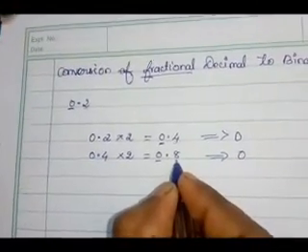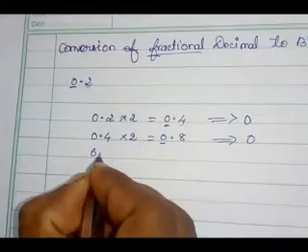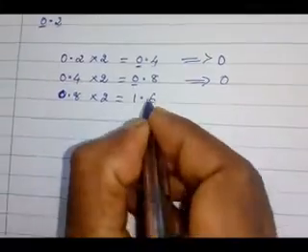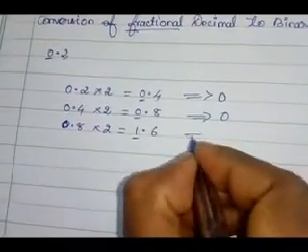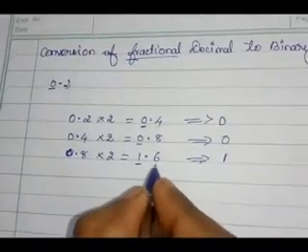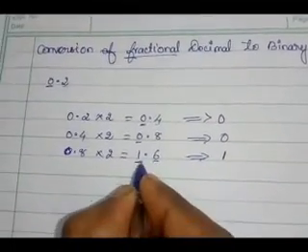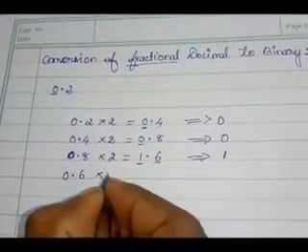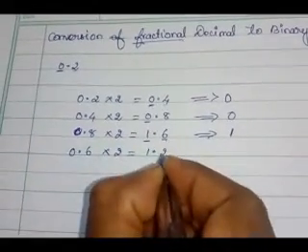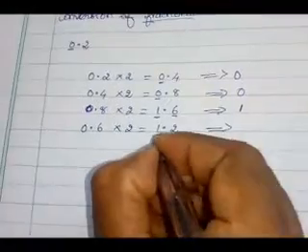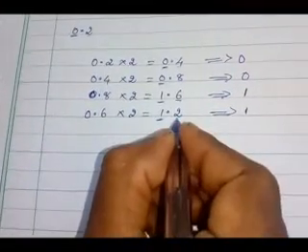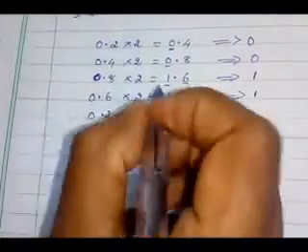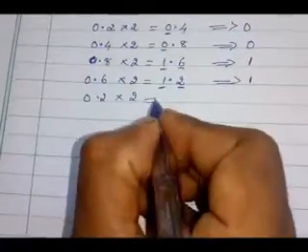Now we are taking the multiplication for this 0.8. So 0.8 into 2, which is equal to 1.6. Here the integer part is 1. So we are taking 1. For this multiplication we are taking the decimal part only, not the integer part. So the decimal part you are taking is 0.6. 0.6 into 2, which is equal to 1.2. That integer part is 1. Again we are taking the decimal part, that is 0.2. Already the same step is repeating. So we can stop here.